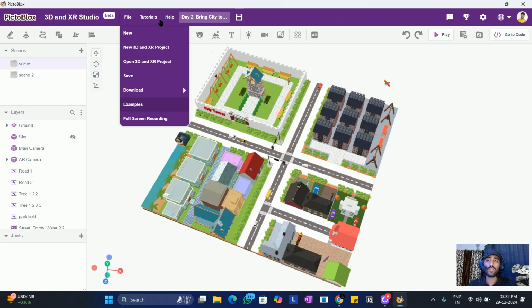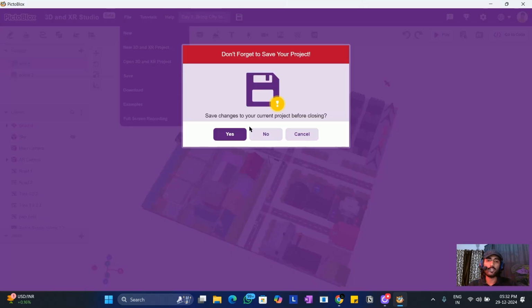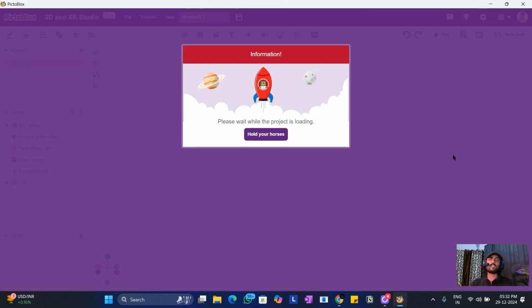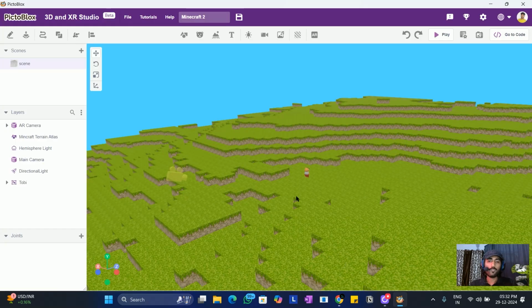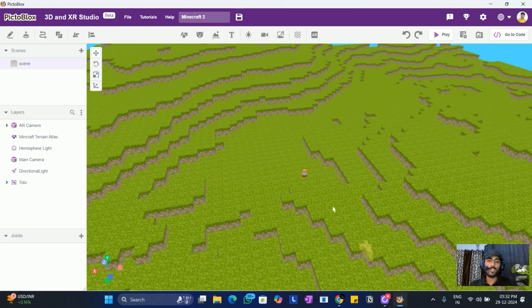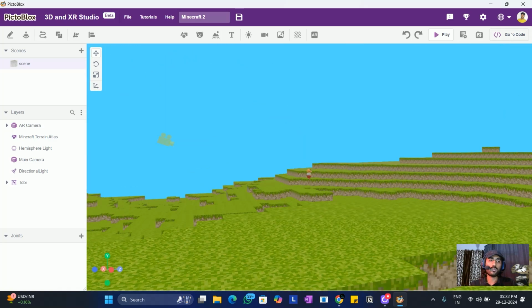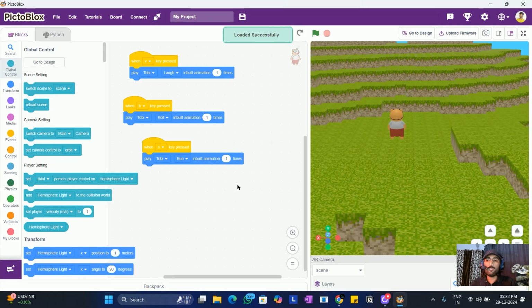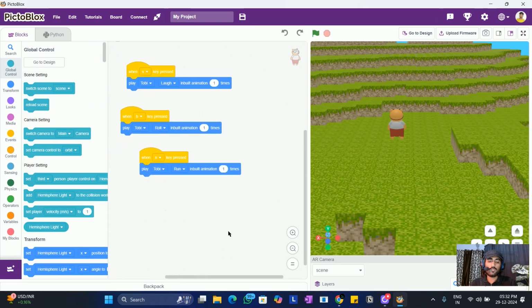Now, for the game example, at last I have one more project, which is of Minecraft. If I just open this project, which is a Minecraft environment, here you can see I have a Toby character. I can go to the code option, and again I can code the same in blocks as well as in Python. So for now I'm in the code option, and here I can code the complete 3D character. If I just show you,